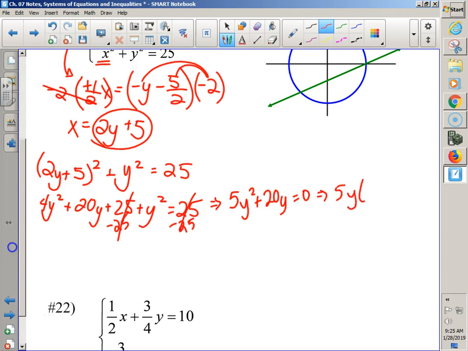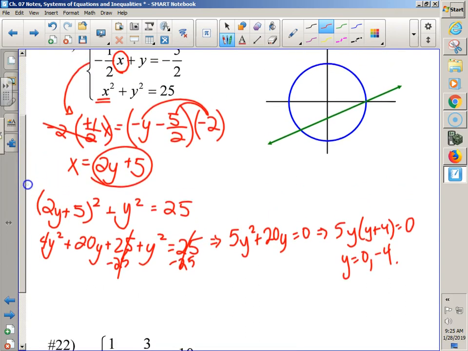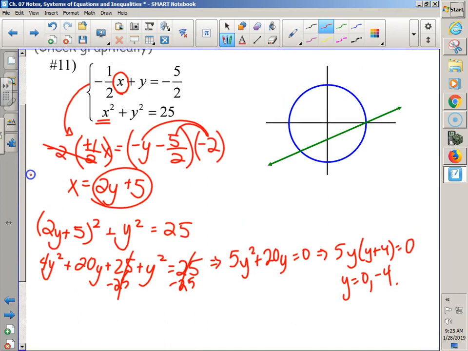So 5y times y plus 4 equals... there can be more than 1? Because you had a curve. And you didn't just have a quadratic, you guys had a circle. Look at the graph. The graph tells you how many different intersections should you have? 2. When y equals 0 and when y equals -4, what do we do once we get one variable completely